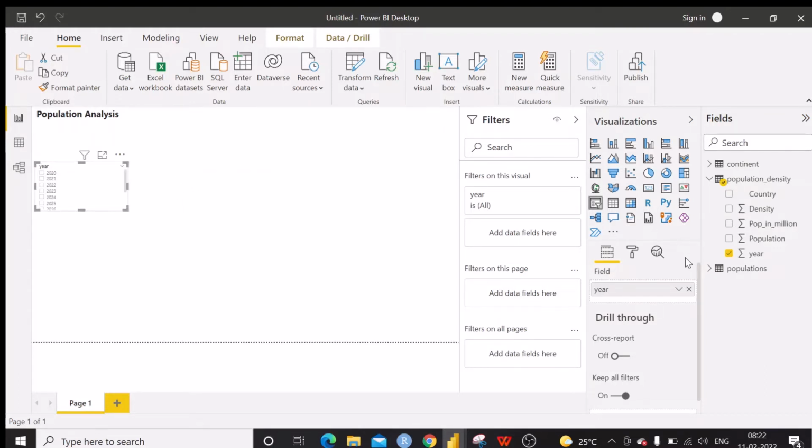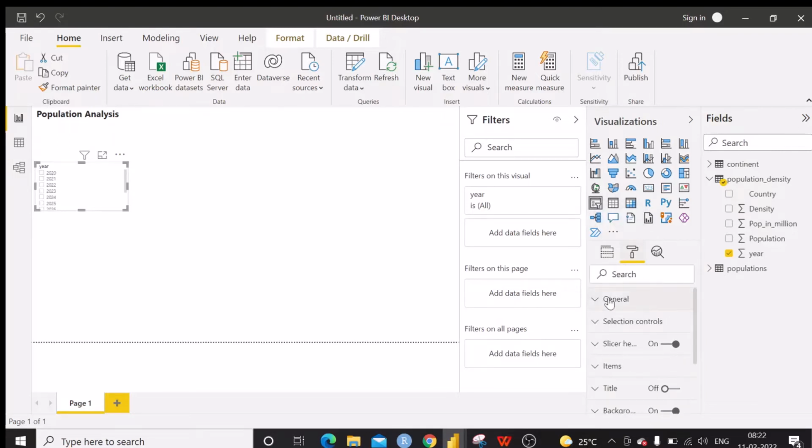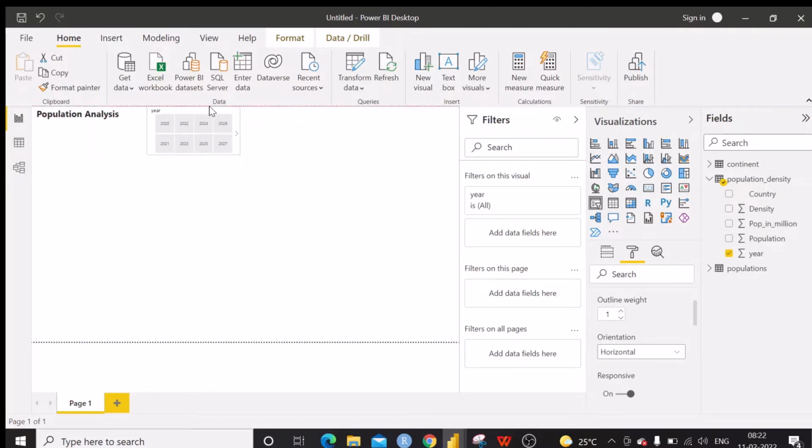And one more thing is, it is vertically arranged. Actually, I want it horizontally arranged, for which I will go here and take general, and instead of vertical I select horizontal. Now it becomes like this. So I will place it here at the top. Okay, it seems to be okay for me.